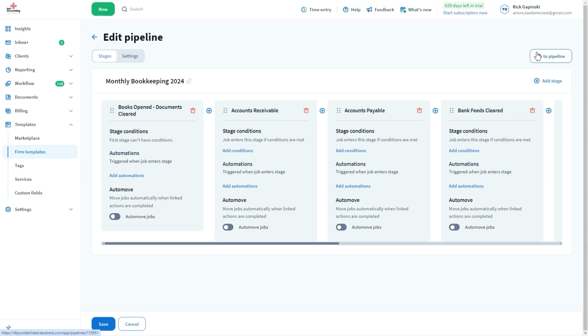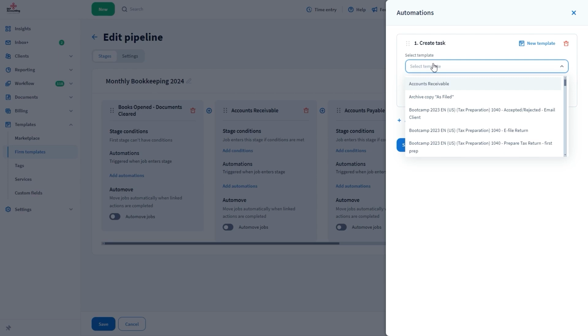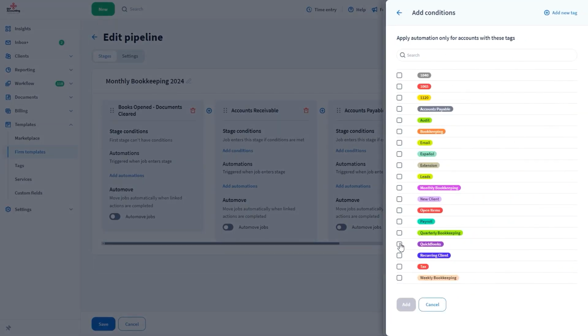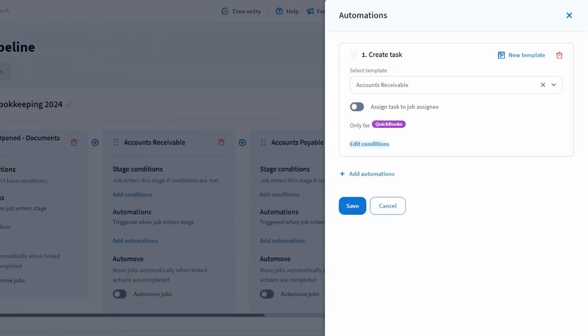changes. In the accounts receivable stage, I want to add the Create Task automation, which uses a task template that includes subtasks specific to the process for QuickBooks clients. I will then click on the Add Conditions link and pick the QuickBooks tag. After applying it, you can see that it says that this automation will only run for clients that have the